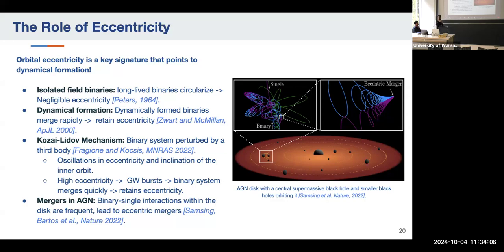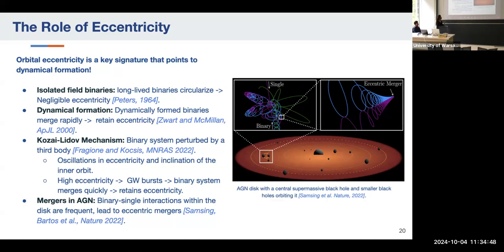For example, you can think of a binary black hole system that is in the vicinity of a supermassive black hole. So this perturbation from this distant object can cause the binary's orbit to be eccentric. So LIGO can detect them with eccentricity if we have such a scenario. In fact, if the perturbations from this third object are high enough, the eccentricity can be driven to very high values. If you think of very highly eccentric binaries, it's like very elliptical orbits. So basically, they can come to very small separations, which lead to gravitational wave bursts,